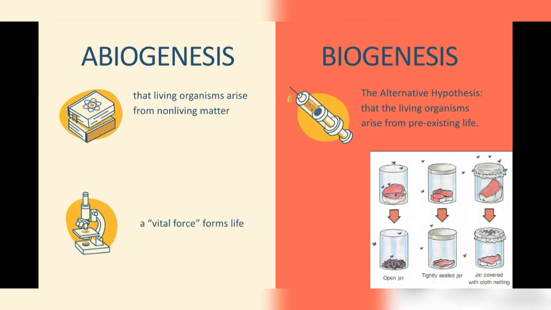Next, we have the theory of biogenesis and abiogenesis. So let's differentiate the two. Abiogenesis is an ancient belief about the origin of life. This is also known as the theory of spontaneous generation of life. The theory of abiogenesis stated that the origin of living organisms is due to non-living substances, or it is a spontaneous incident. However, until now, scientists have been unable to prove this theory by experiments.